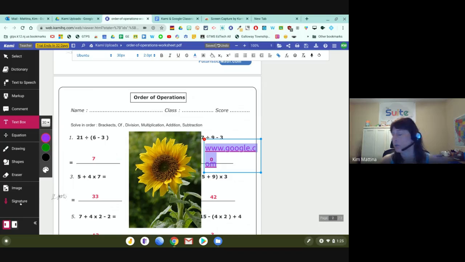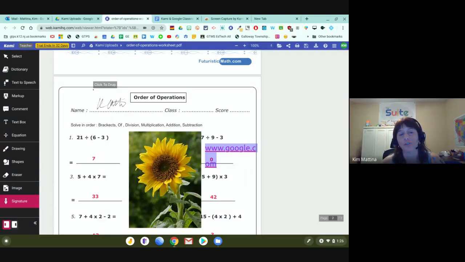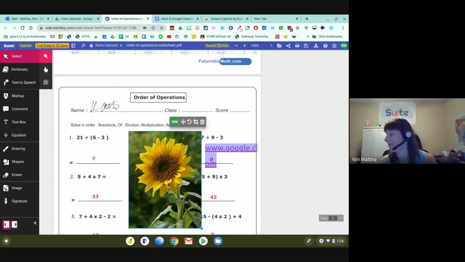And the signature, it is the signature. Yes, that's part of the premium package. But if you wanted to annotate with a signature, you can draw your signature on your device, or you can upload an image, and then you can insert it right into the file. Okay, so those are kind of